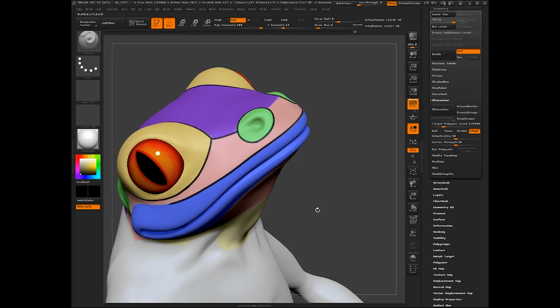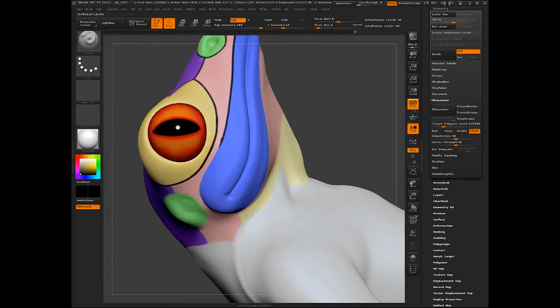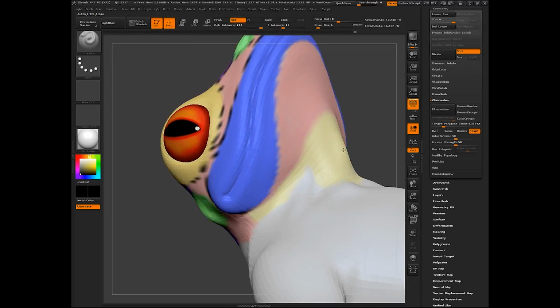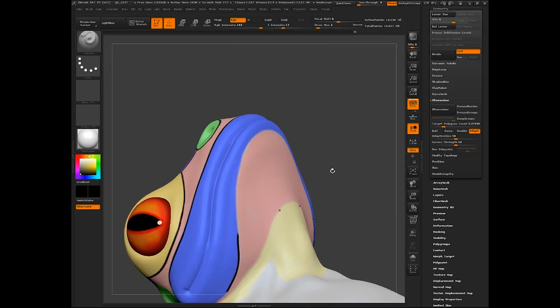You can see how Lazy Mouse really gives you a nice, smooth, even line. It sometimes can be a little tricky to continue it, but just Control Z there and redo it. And you can adjust that smoothing on the Lazy Mouse by adjusting the Lazy Smooth and Lazy Radius.